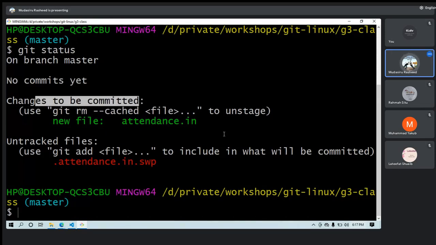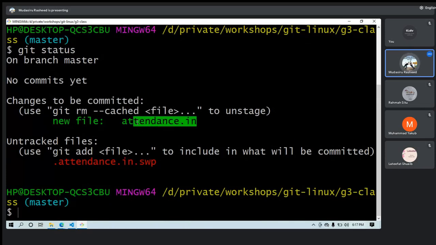What is being tracked is attendance.in. It is being tracked because we used a command called git add to track it. Okay, git add attendance.in. I don't know how to speak big grammar. Maybe it's difficult for you to get, but I try to manage the little I know. So what it means is we created attendance.in locally.